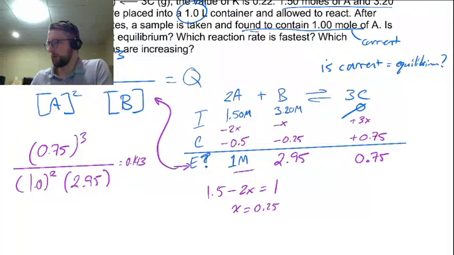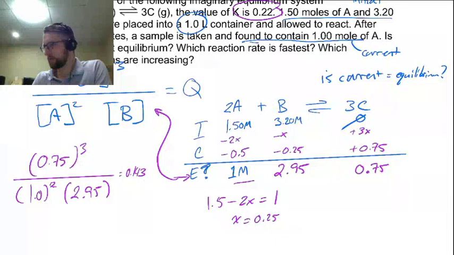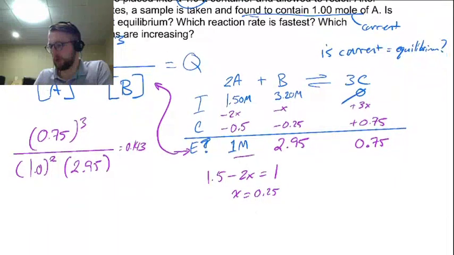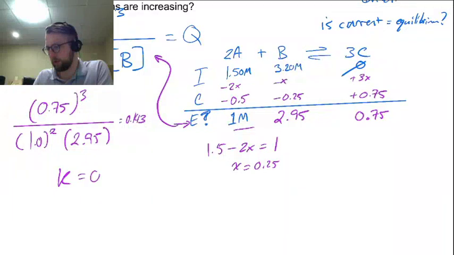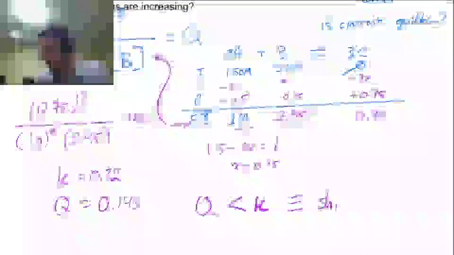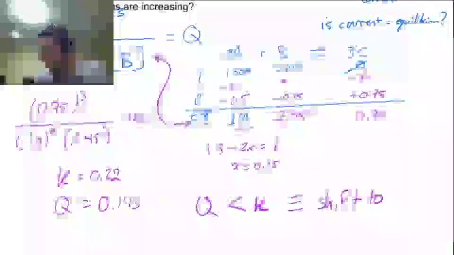Well, 0.143 compared with K. K is equal to 0.22, and Q is equal to 0.143. Q is less than K, so this equals a shift to the,